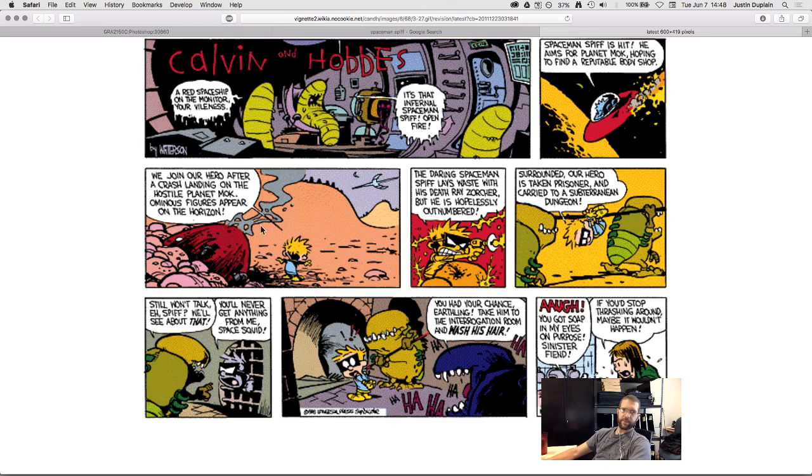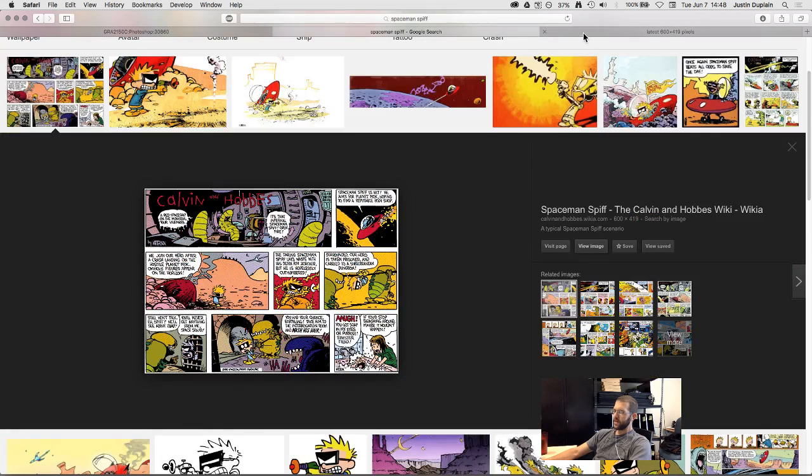He crashes on some alien landscape, finds some kind of alien life. So in this example, these aliens are hauling him away to jail, and then they say, we're going to interrogate him and wash his hair. And the last strip is him in the bath where his mom is forcing him to wash, and she's all wet and a mess. But so I think Spaceman Spiff is like a really fun character, and what I want to do is give